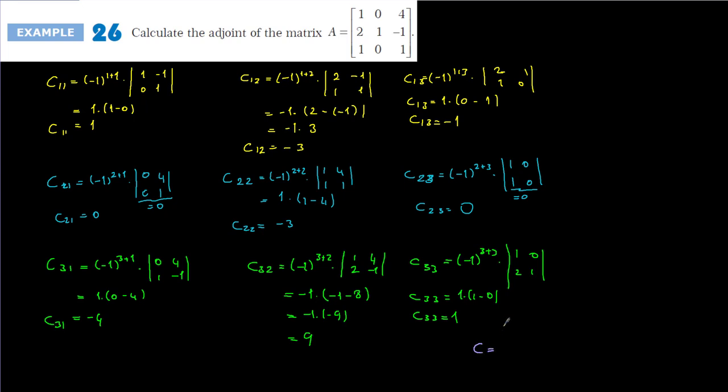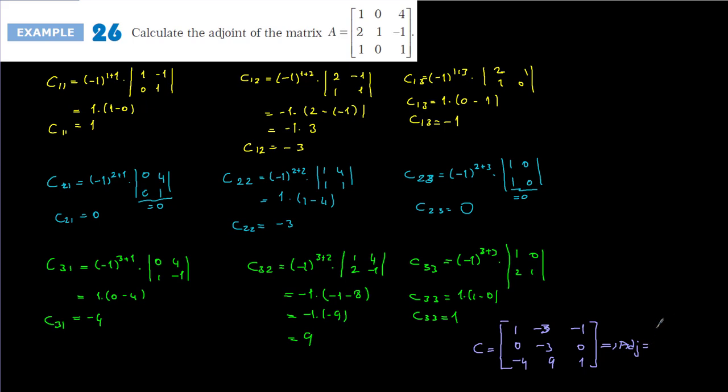Like this is the cofactor matrix. It's going to be here 1, minus 3, and minus 1, and then 0, minus 3, 0, then minus 4, 9, and 1. This is the cofactor matrix, and the adjoint of this matrix is going to be equal to